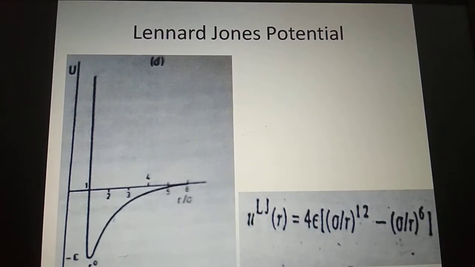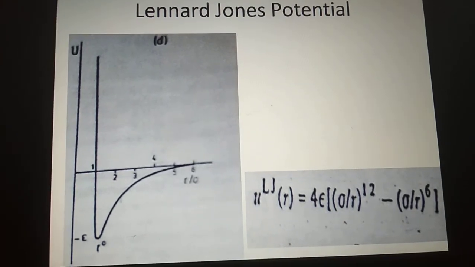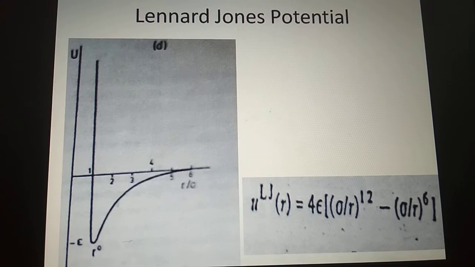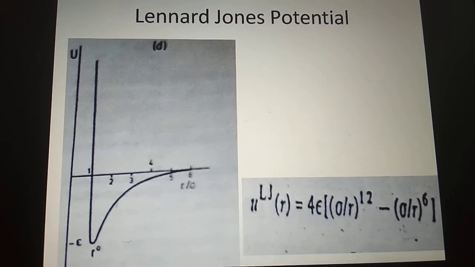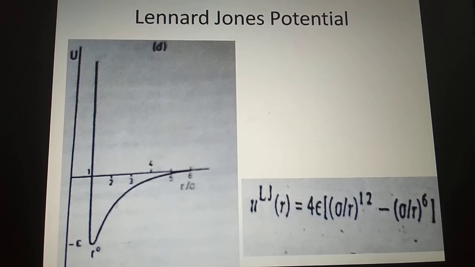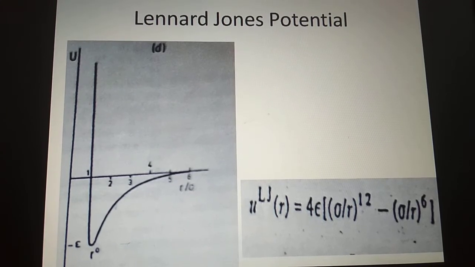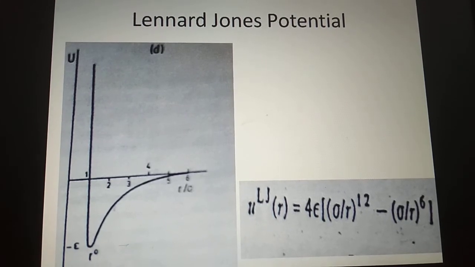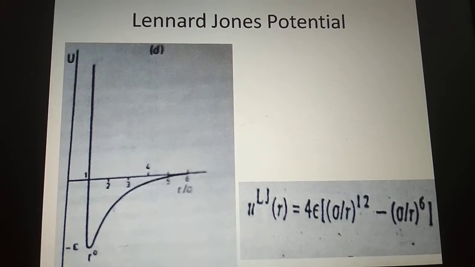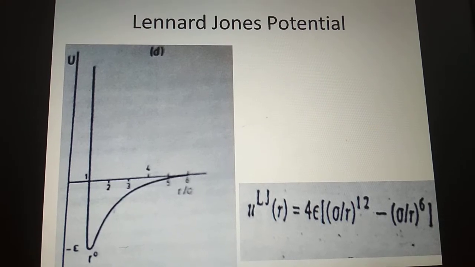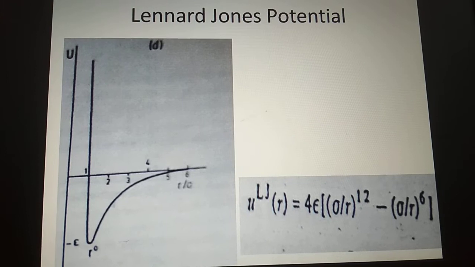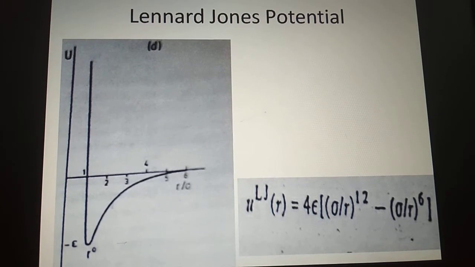Fourth is Lennard-Jones potential. It is also termed the LJ potential. The 12-6 potential is a simple model that approximates the intermolecular potential energy between a pair of neutral atoms or molecules, such as metal or cyclic alkane. This interatomic potential energy